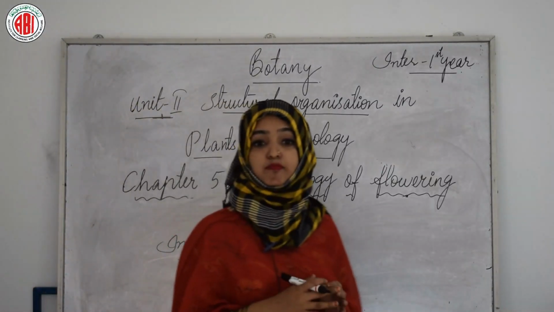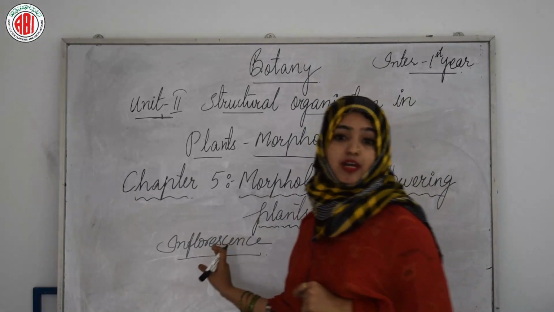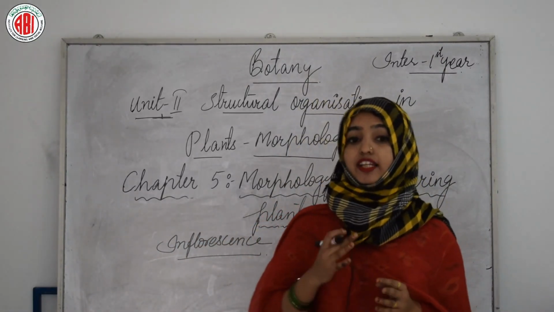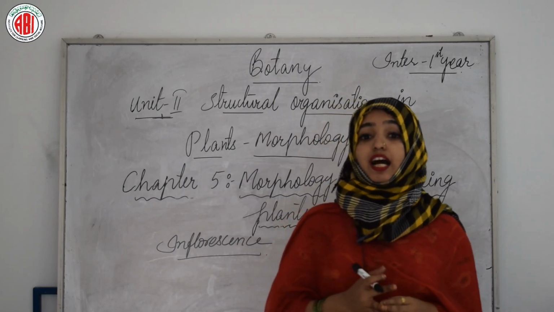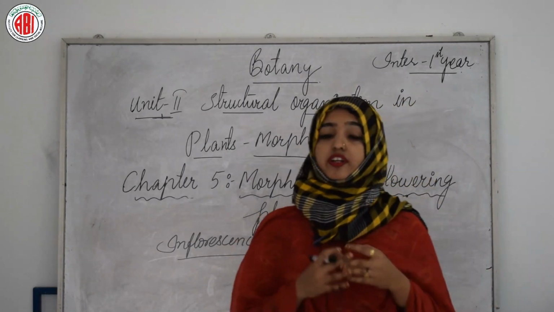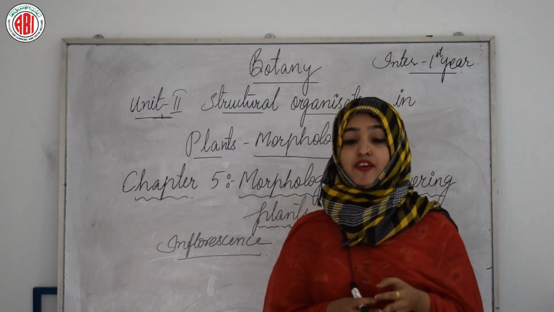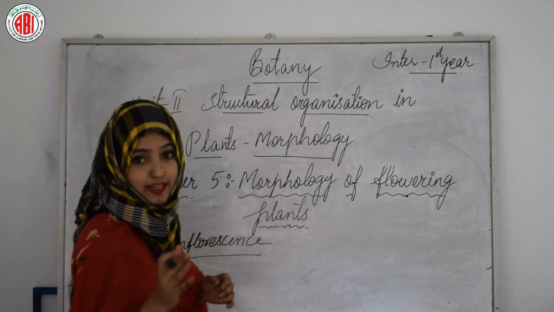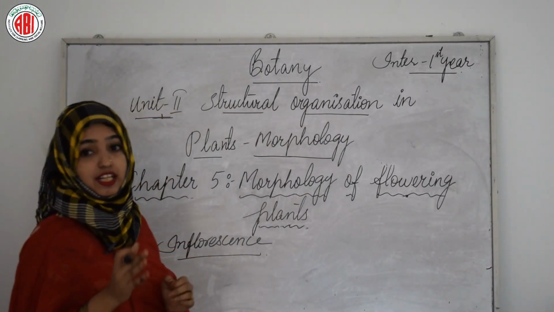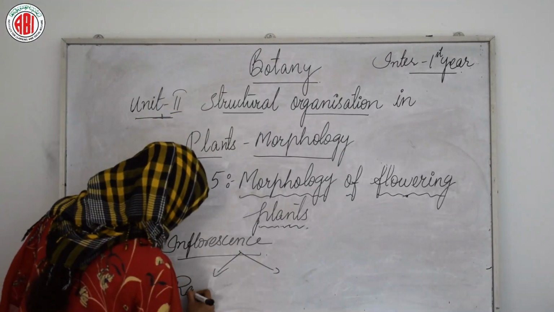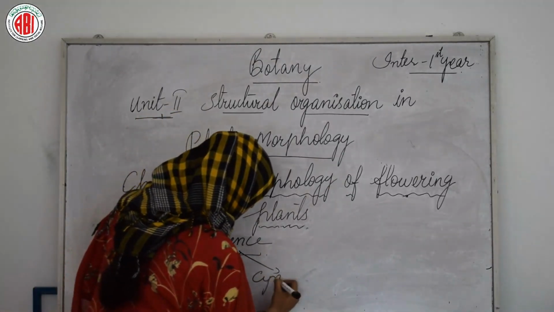And a flower is a modified shoot wherein the shoot apical meristem changes to floral meristem, we all know that, and the internodes do not elongate, and the axis that is called as pedicel gets condensed. So depending on whether the apex gets converted into a flower or continues to grow, two major inflorescences can be defined, and the names of those two major inflorescences are, the first one is the racemose and the second one is the cymose.